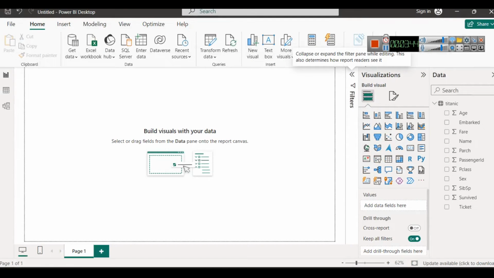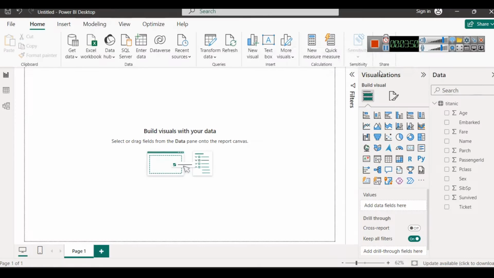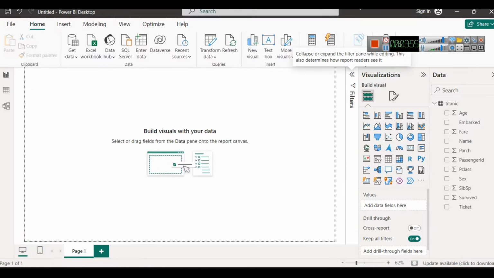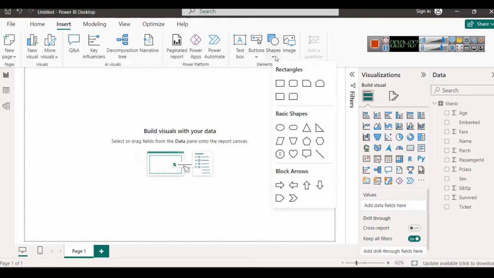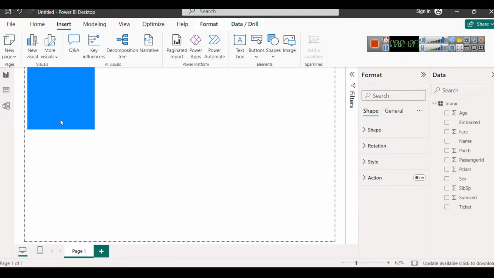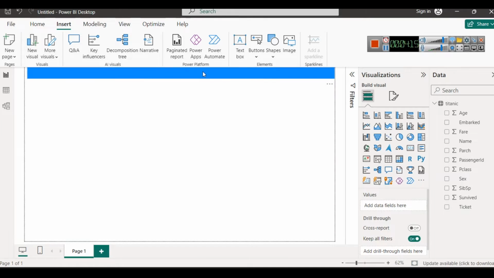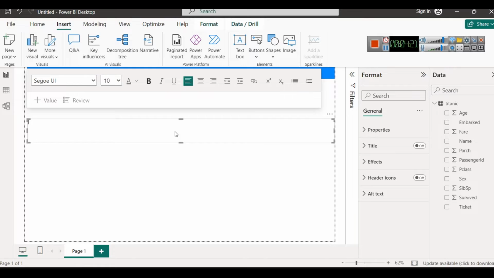Now here we have average age. We will try to build them one by one. First of all, we have a heading over here, Titanic dashboard. In order to create a heading like this, you can go to insert, go to shape, and just insert a shape somewhere. On top we will insert a shape, and on this shape we will insert a text. So let's call it Titanic dashboard,